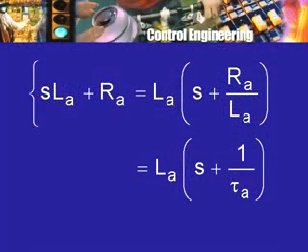As I have been saying all the time, 5 time constants or 10 time constants is just about the time required for the transient to be over. So, there is this time constant LA divided by RA, and since it is going with the armature circuit, I will denote it by tau A, and so I will have the term LA into S plus 1 by tau A. So, this is one way in which I can write that linear factor SLA plus RA. SLA plus RA can be written as LA pulled out into S plus 1 by tau A. Remember, the time constant appears in the denominator.